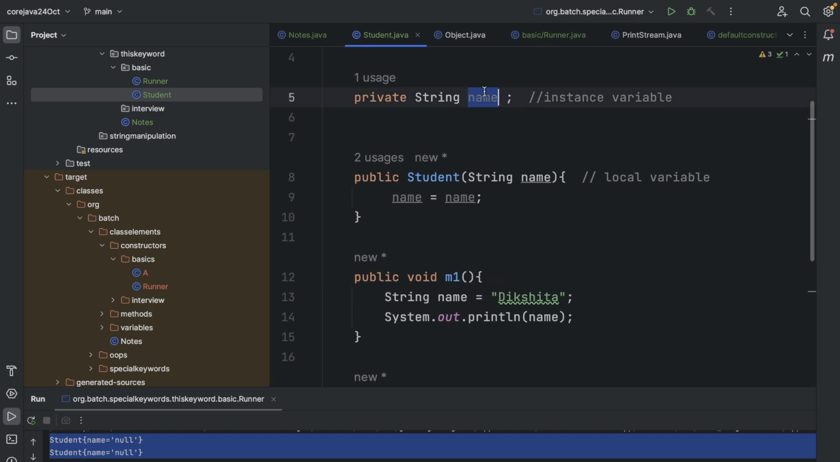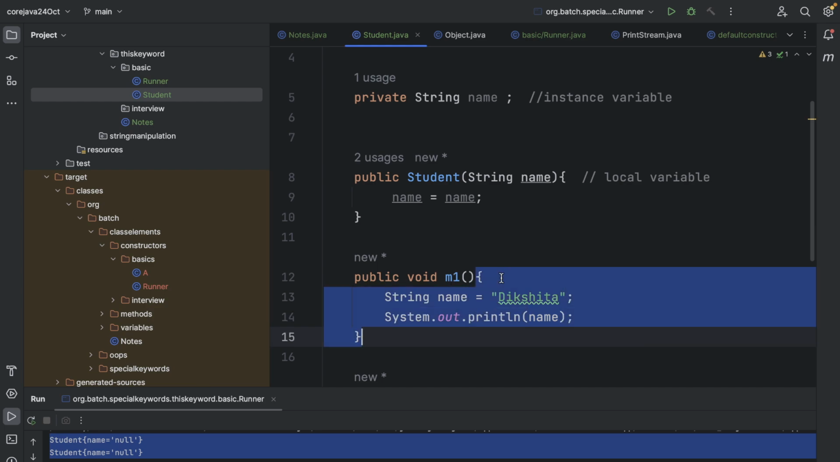It has the instance variable with the same name, and this is a local variable also with the same name. Which value will it print? The local value it will print. If I try to call m1, then it will print Dikshita. Because if the variable is found inside the local area or the stack memory,